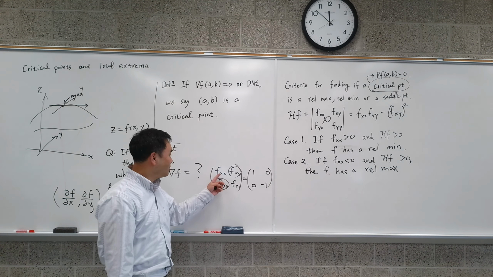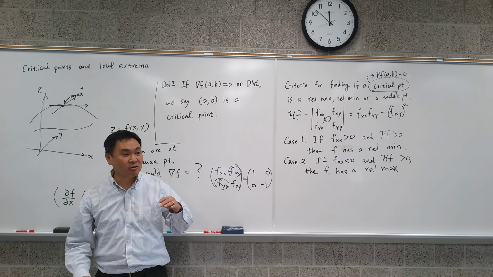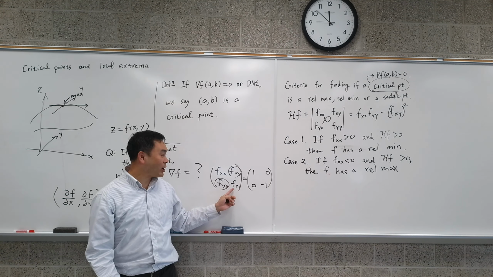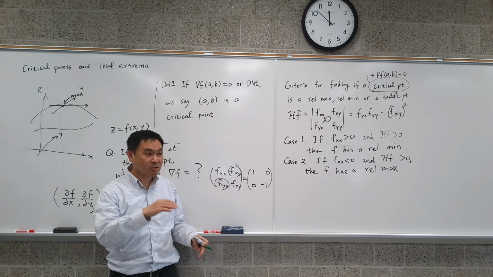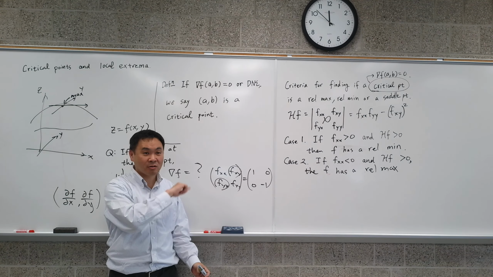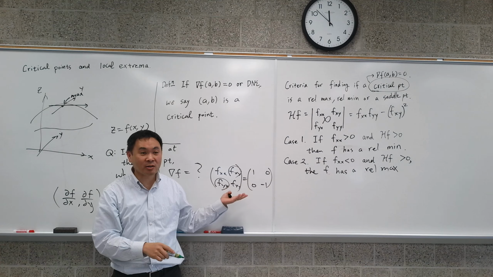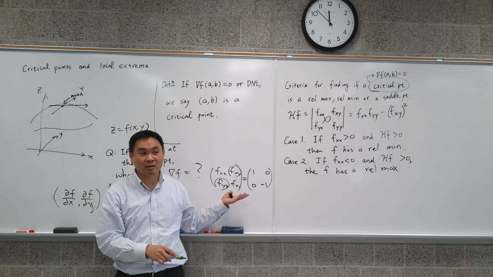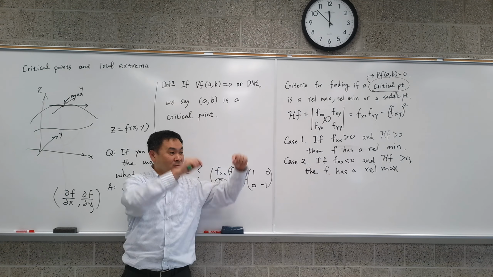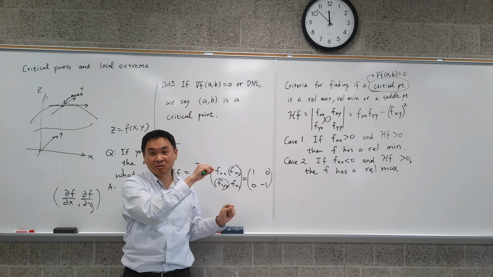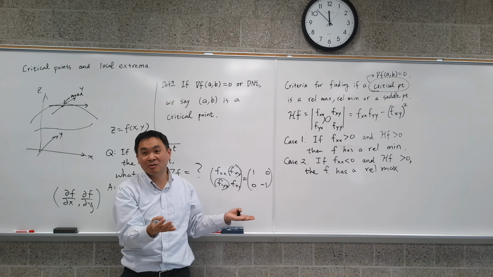That means in the x direction, it's a smiley face, right? But in the y direction, what do you have? You have a frowning face. So if that happens, what kind of shape do you have? You have a saddle, right? If it's smiley in one direction and frowning in the other direction, that point in the center would be a